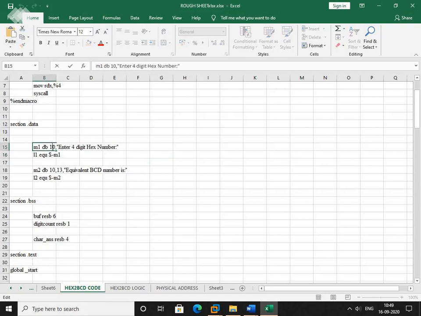You can write here 10d, 13d at the start, or you can write it at the last also. It doesn't matter, right? So here enter 4-digit hex number, or you can copy this at the last.